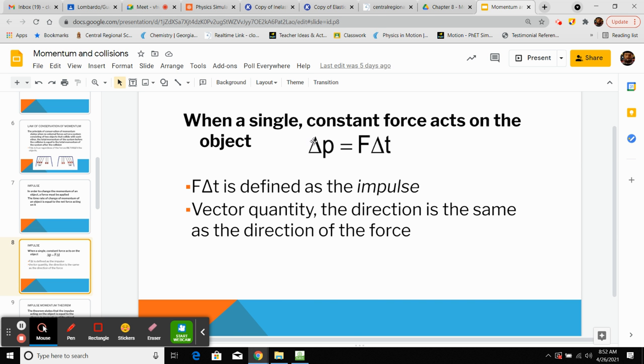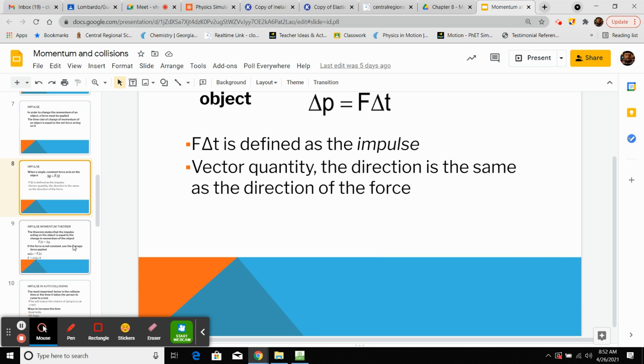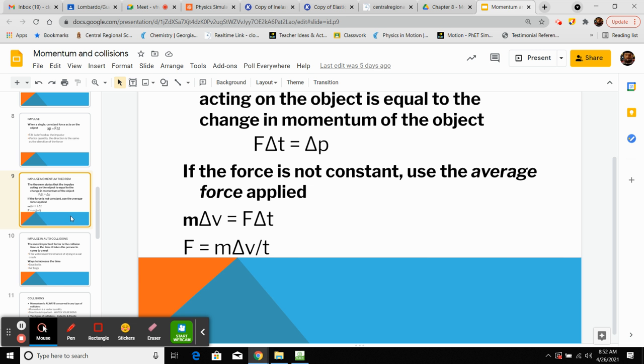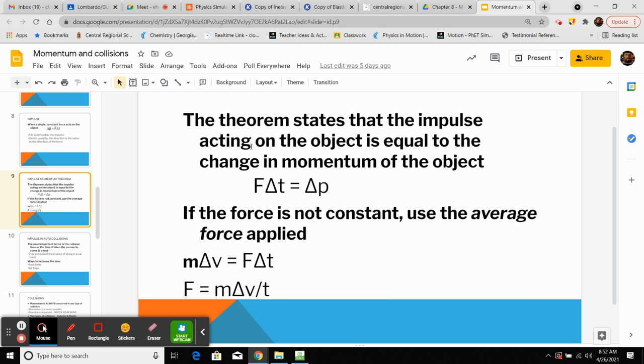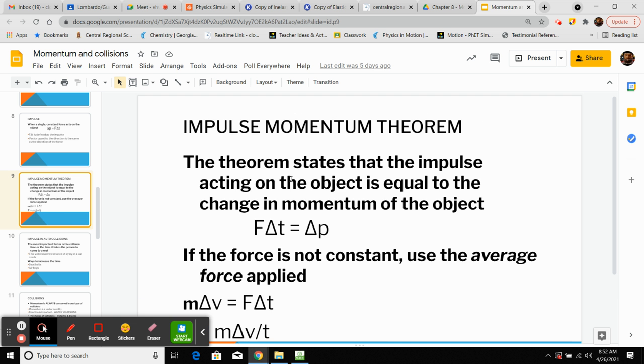So we would say the change in momentum, the mass times its change in speed, is equal to the force you put on it for however long it's acting. So force times time is defined as the impulse, and impulse is equal to your momentum change. So the impulse-momentum theorem pretty much states that these are going to be equal to each other